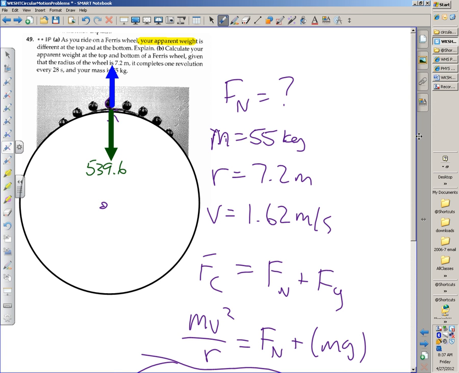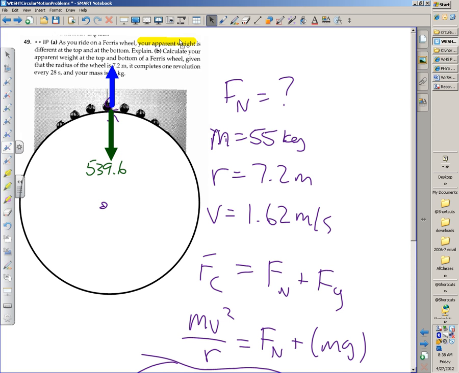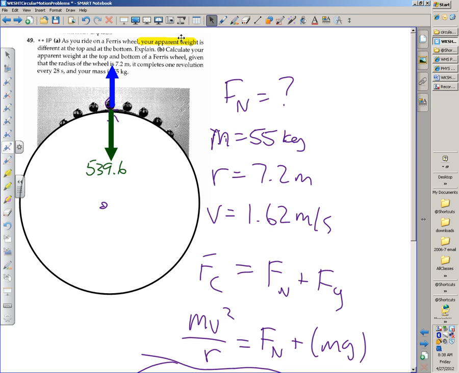Could it happen? Yeah, it can happen. Does the government let it happen? No, it's kind of not safe, really. But it provides you with that sensation. Anyway, the decreased normal force gives you that sort of floaty sensation. The increased normal force gives you that sort of weighed-down sensation. And that's why we refer to it as apparent weight. Okay. Good. For the top situation, would it mean that gravity is the centrifugal force,